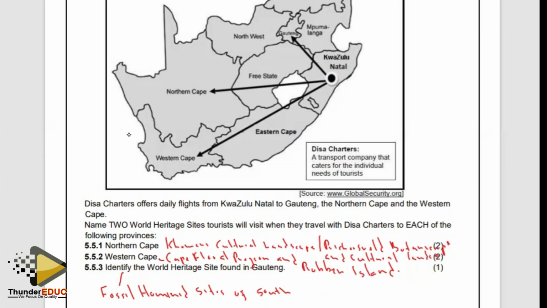So the old name, I will write it in brackets, is the Cradle of Humankind. So that is what you would find in Gauteng. For now, this brings us to the end of the topic of World Heritage Sites. The upcoming topic will be